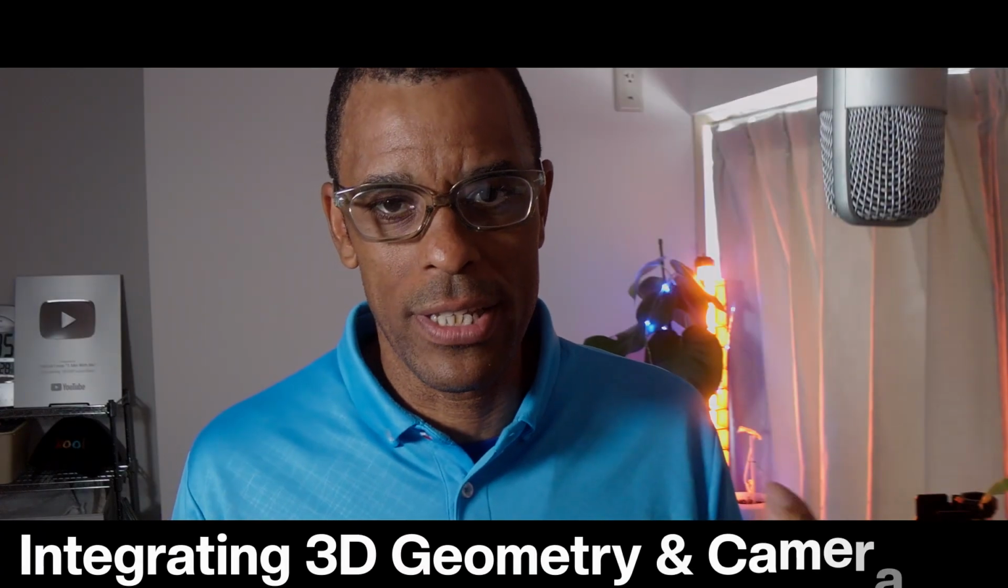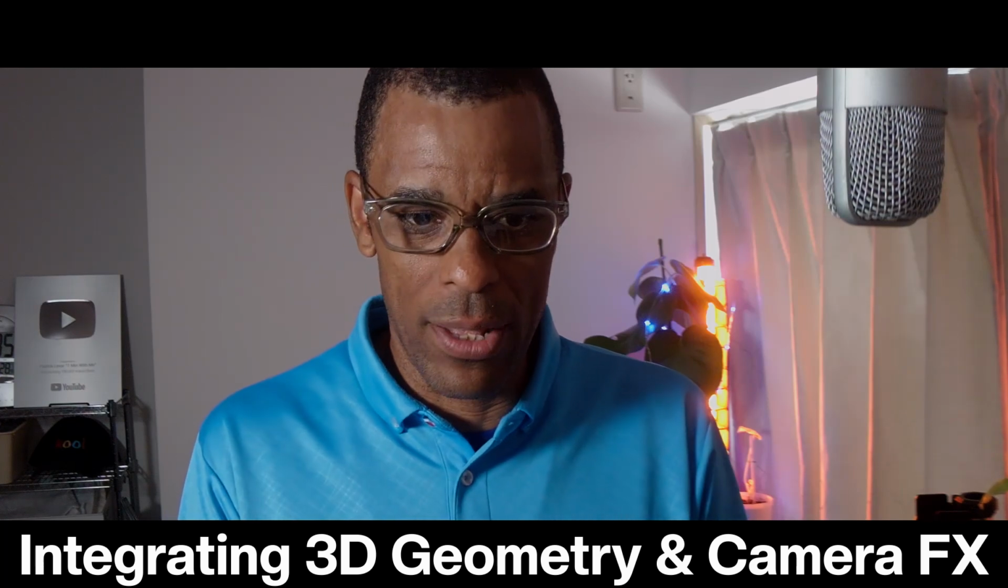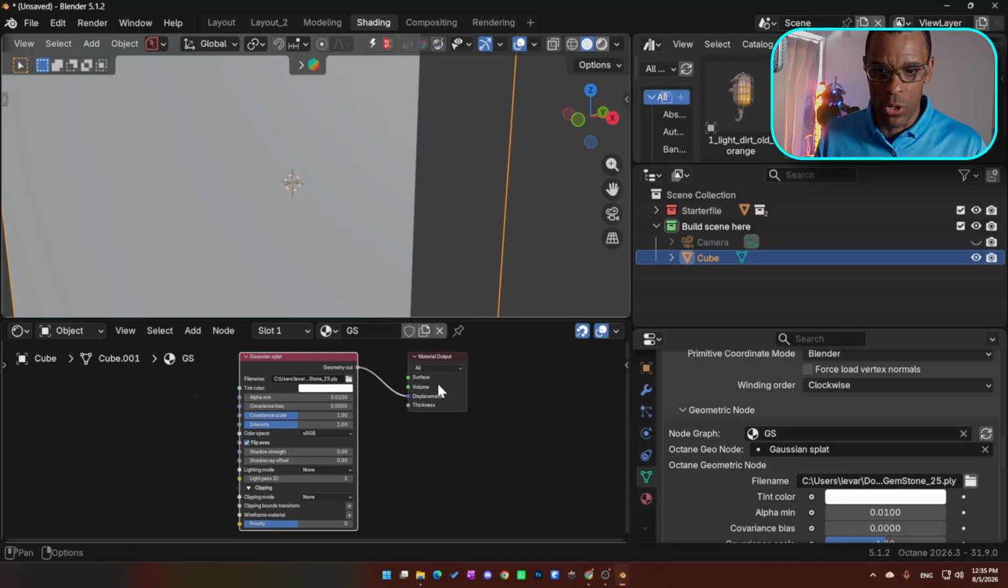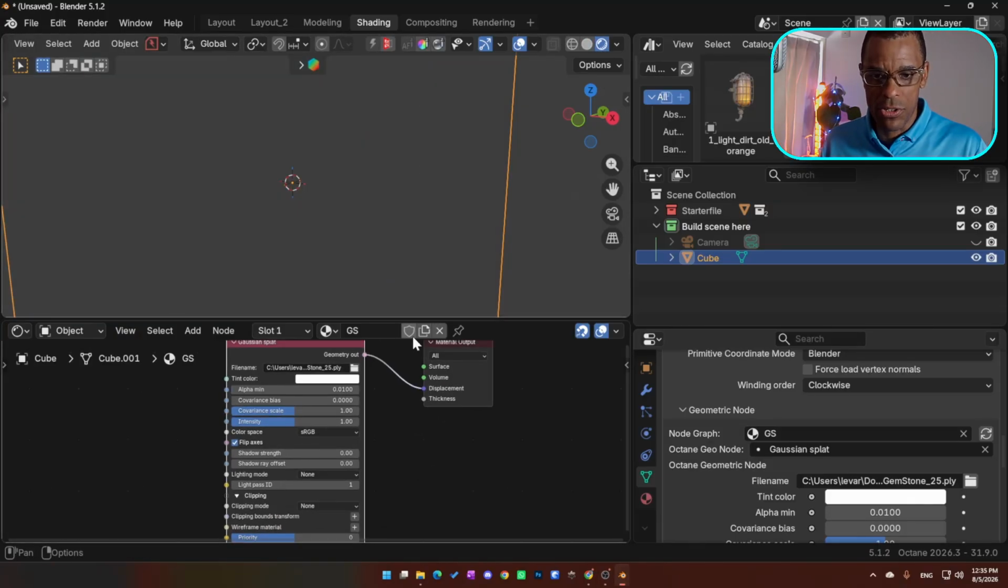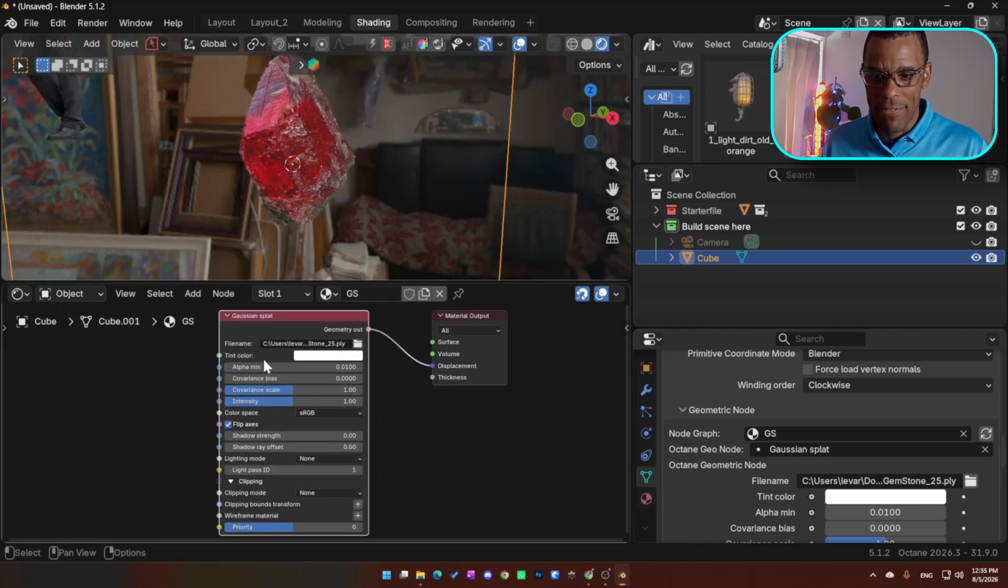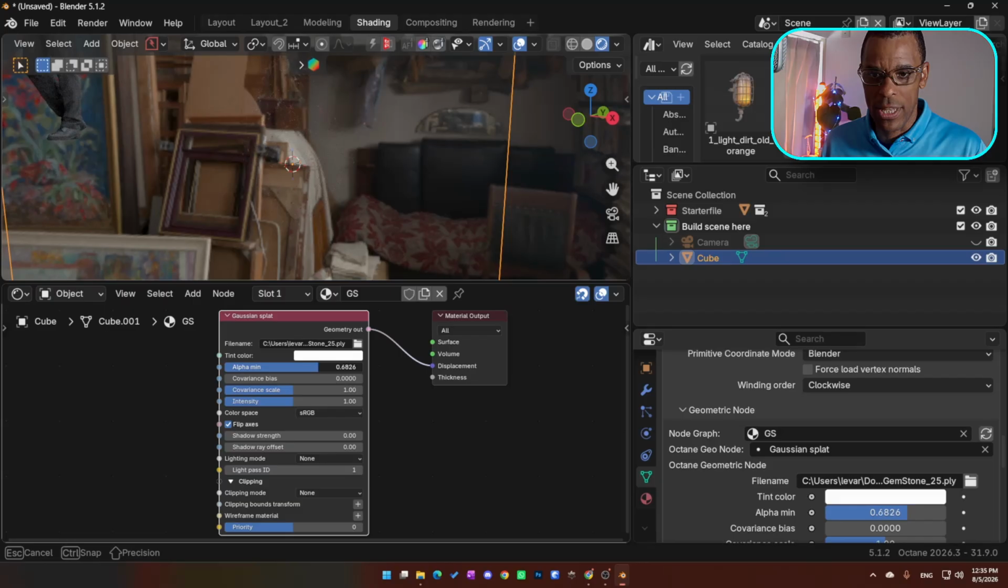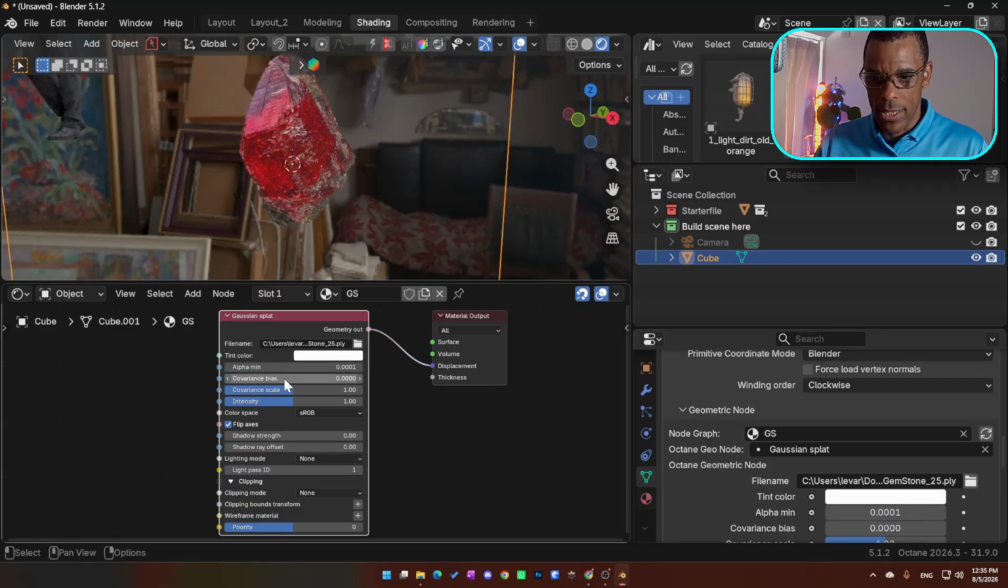If we're going to try to integrate these Gaussian splats into our 3D scenes, we're going to first need to understand what the parameters are and what control we have with the Gaussian splat. So let's quickly take a look at the node here. If we come down here, these are some of the settings that we have. We have this alpha min, which, if we crank this up, is almost like controlling the alpha, right? Then we also have this